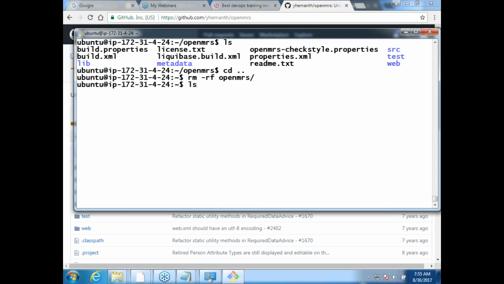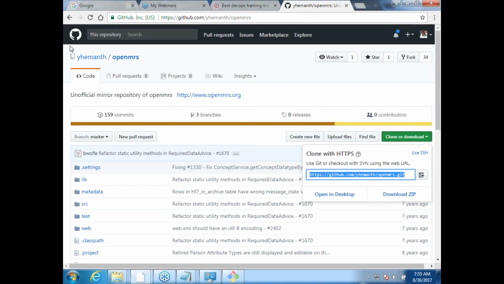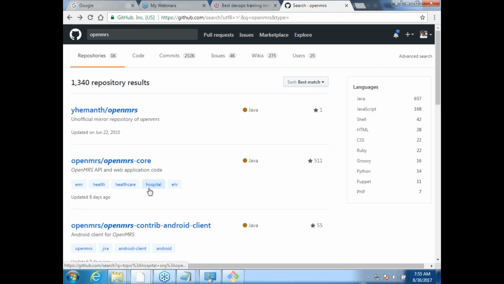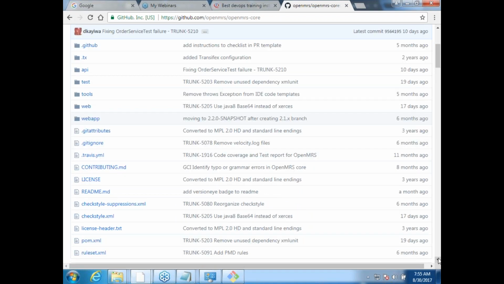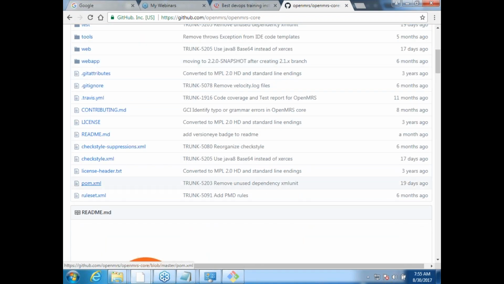Okay. So one thing to always remember is whenever you speak of any Maven project, there would be one XML file in that root which is called pom.xml. Okay, this is a root file. If you don't have this file, you can't do anything in Maven.